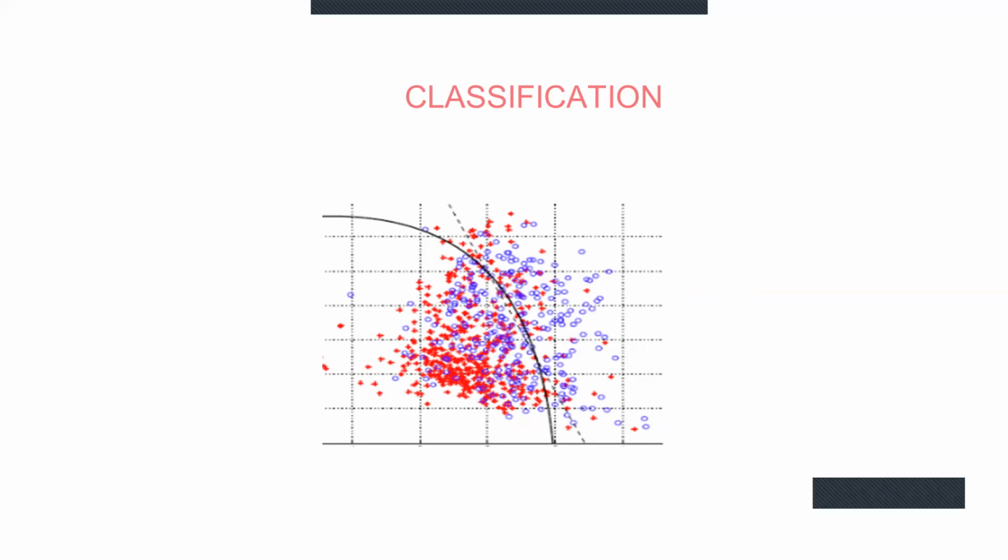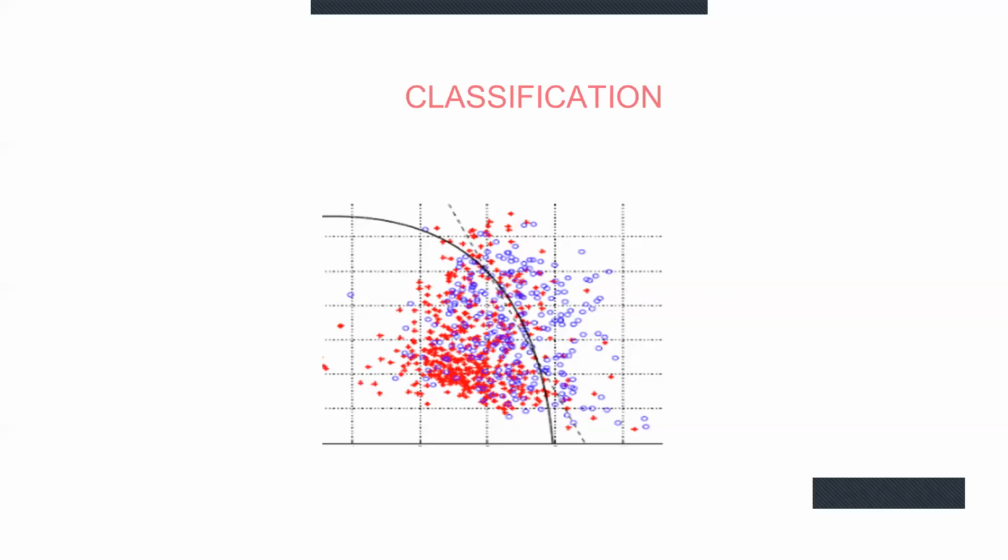There are methods, for example, that draw some imaginary line on the plot, which would be used to separate two types of classes in the data set with the highest accuracy. This line could be straight. This line could have some other shape. Generally, if you have a straight line, then we're talking about linear models. If you have some other shapes like the one you see here, that corresponds to a quadratic shape or exponential shape. So depending on the property of the data we are using, we could have different shapes